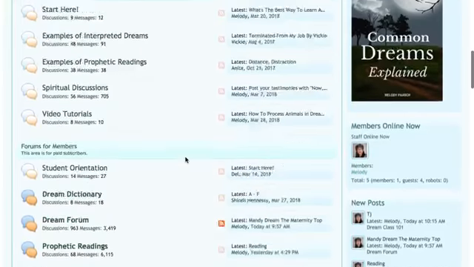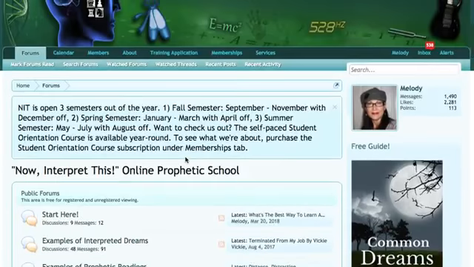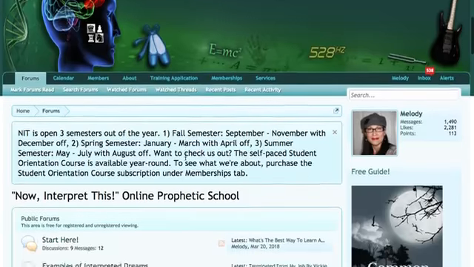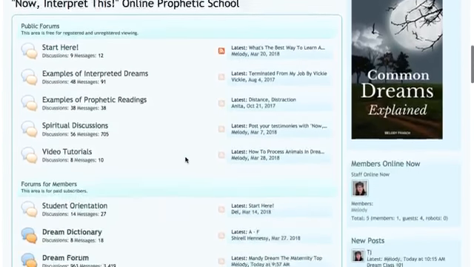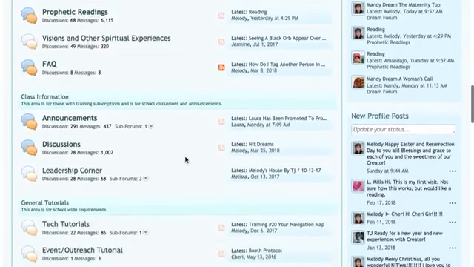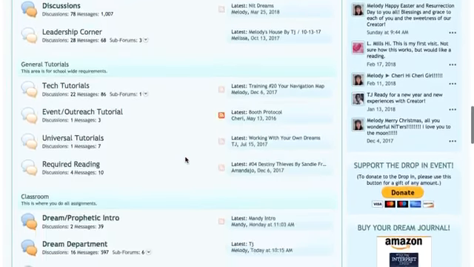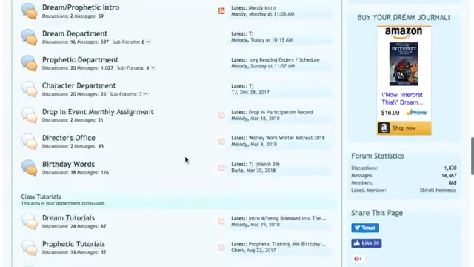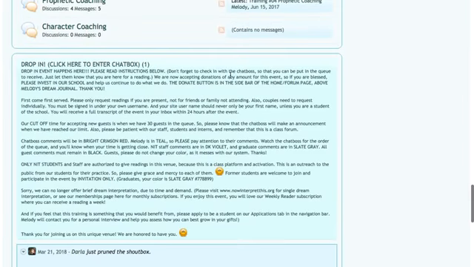Now, what I wanted to really show you was after you've signed up and you now have a username, on the day of the drop-in, you're going to see at the bottom of the page the chat box. This is the bottom of my main forum, and it's the chat box.